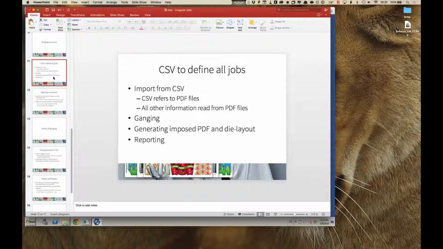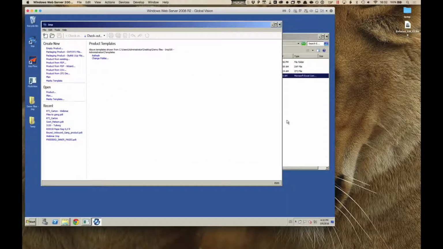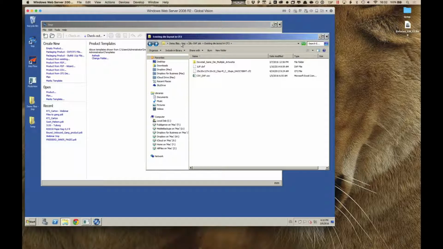Now, moving on from one job and imposing that, the next question, of course, is how can I do ganging of multiple jobs? And in a way, you've already seen that in the CF2 layout. That was, in a way, already ganging, but of course, that was just with the same shape, so that's not very, very exciting. I can make it more exciting by simply using a CSV file, and my CSV file in